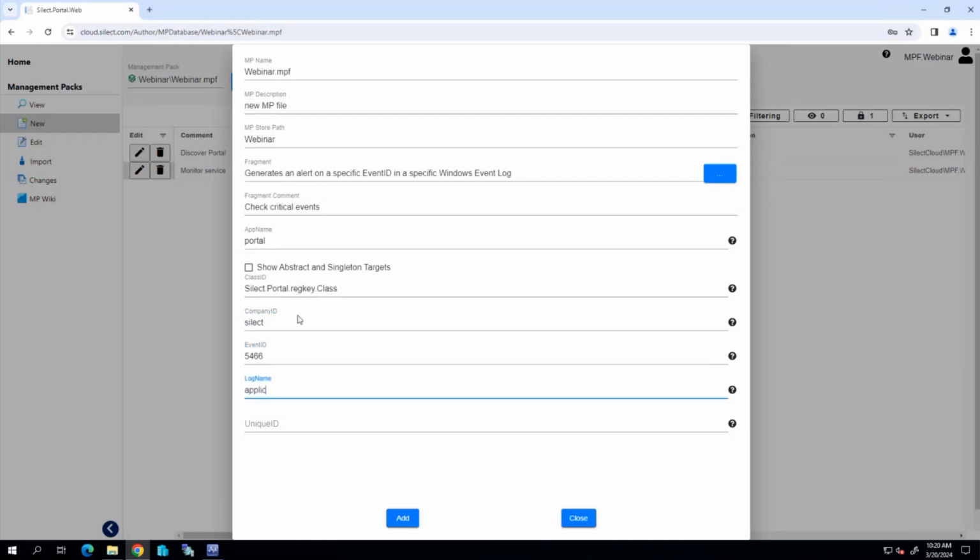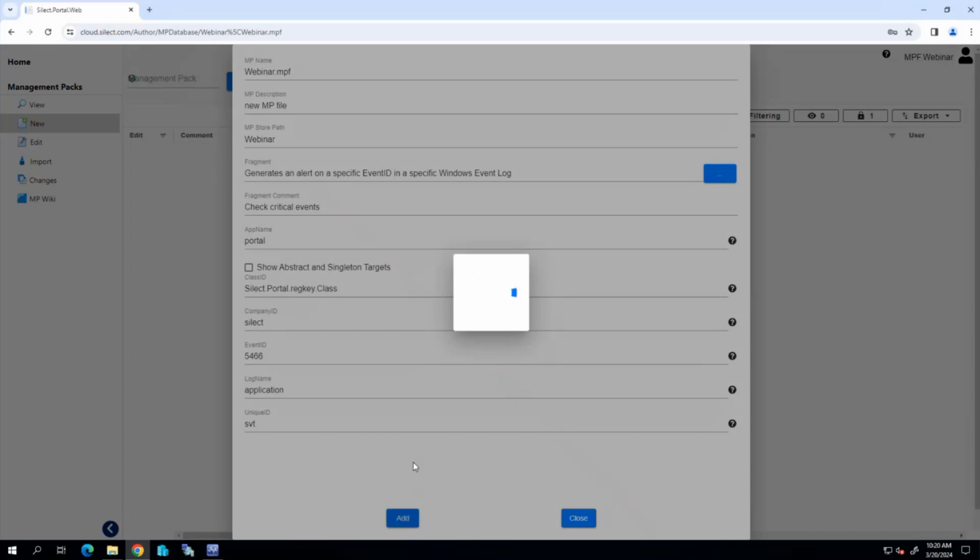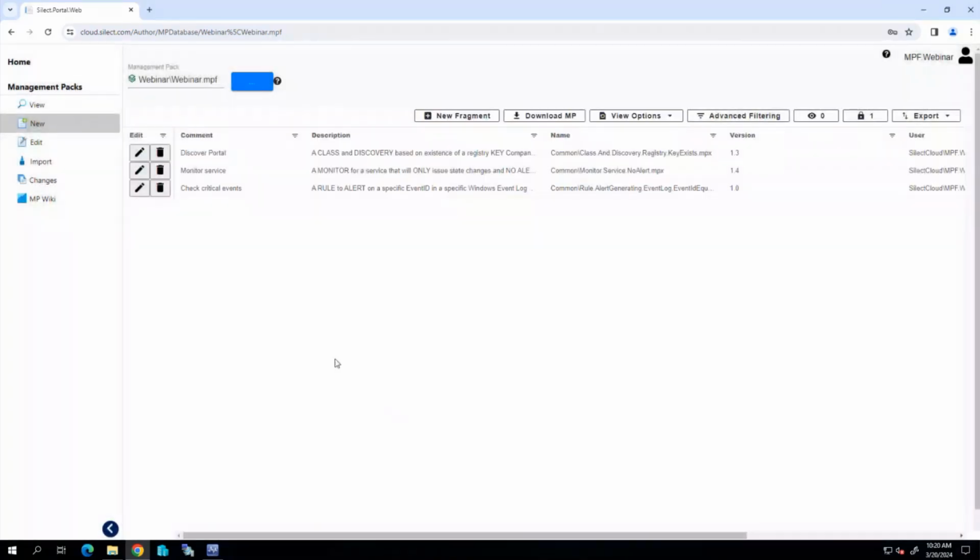Application log. And let's give it a class name. And so there I've got the makings of a management pack that's going to discover the portal. It's going to monitor the state of the service. It's going to check for any critical events that are created by the